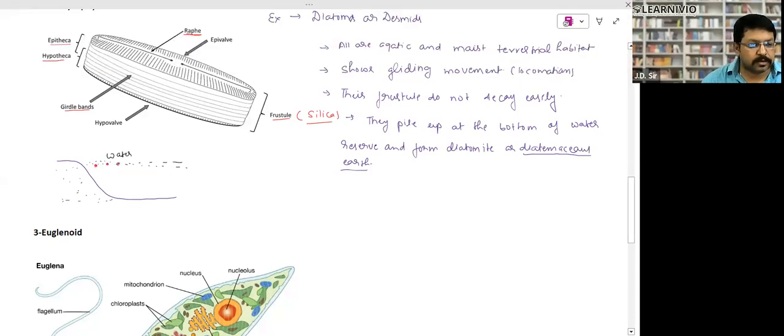There are these kinds of cells, they are the diatoms, right? So what will happen? They will complete their lifespan, after that they will die and fall on the ocean floor, right? They will keep on depositing for hundreds of years, and after that depositing, they will make a thick covering on the base of the ocean. This thick covering on the base of the ocean is called